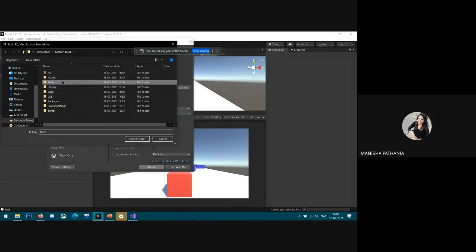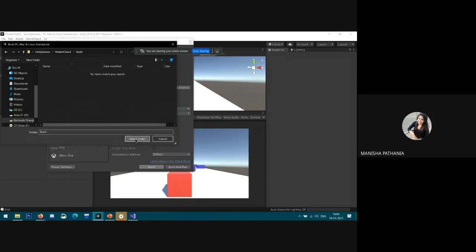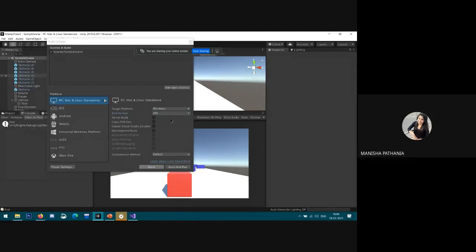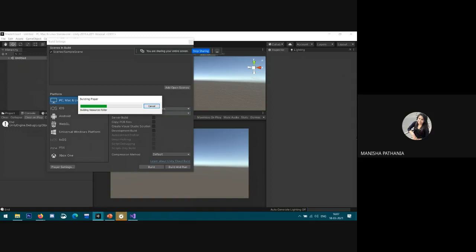Yes, here. So now it's working fine. You can build this with the help of this process. So that's all from my side. If you have any doubts, you can ask. You can make multiple levels with the help of this, as many as you can.